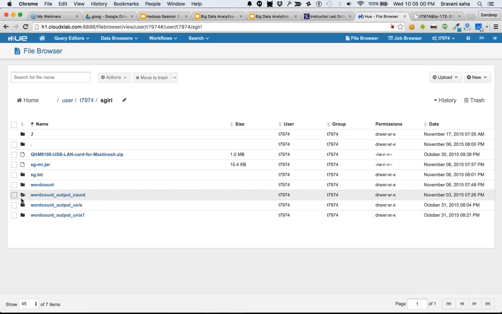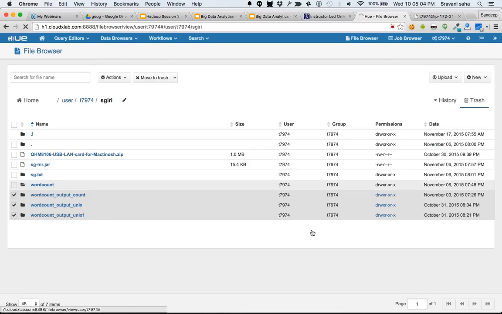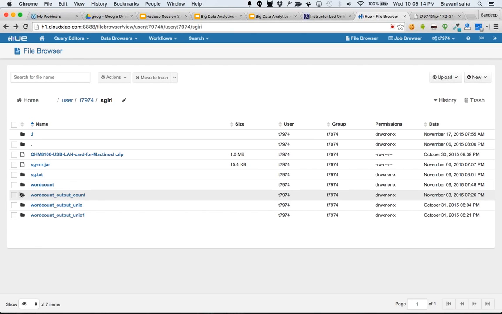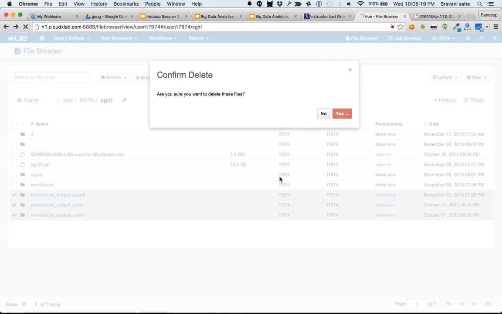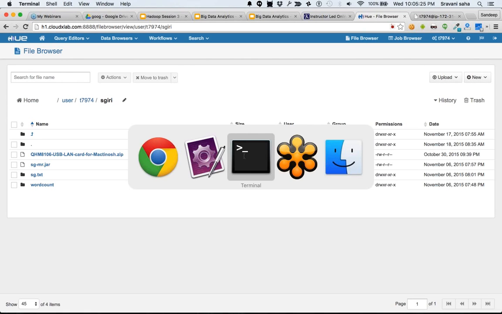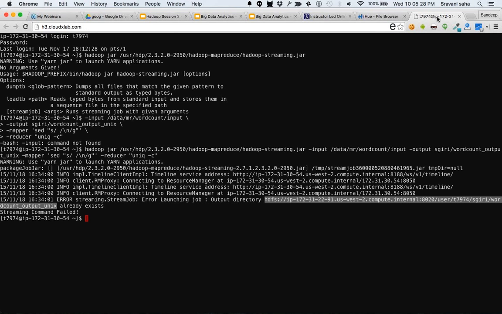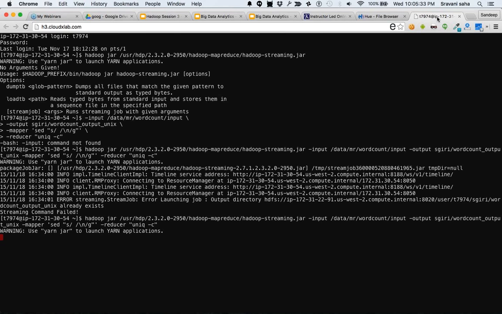That's why it's giving an error. Let's just delete all these three. All right, because our Hadoop command is trying to create an output folder, and before it starts the job, it checks whether the output folder already exists or not.